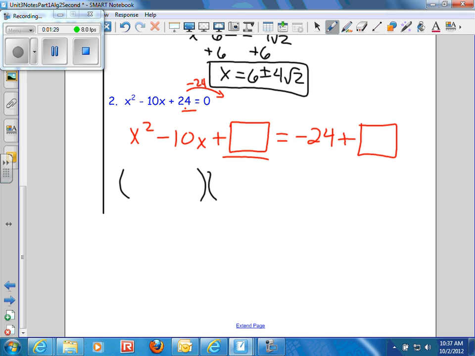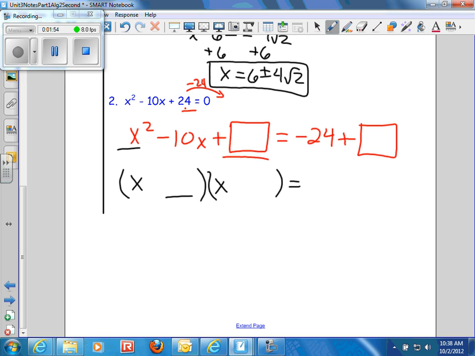There is a formula for this. You can use the formula, but I choose to work it this way instead. It's much easier to remember. You don't have to think about what the formula is, and you also don't have to think about the factoring because you just know what you want the factors to look like. So I know that I don't have a value on my x squared, which is making this one easy for us to do. So I've got x and x. I know that my